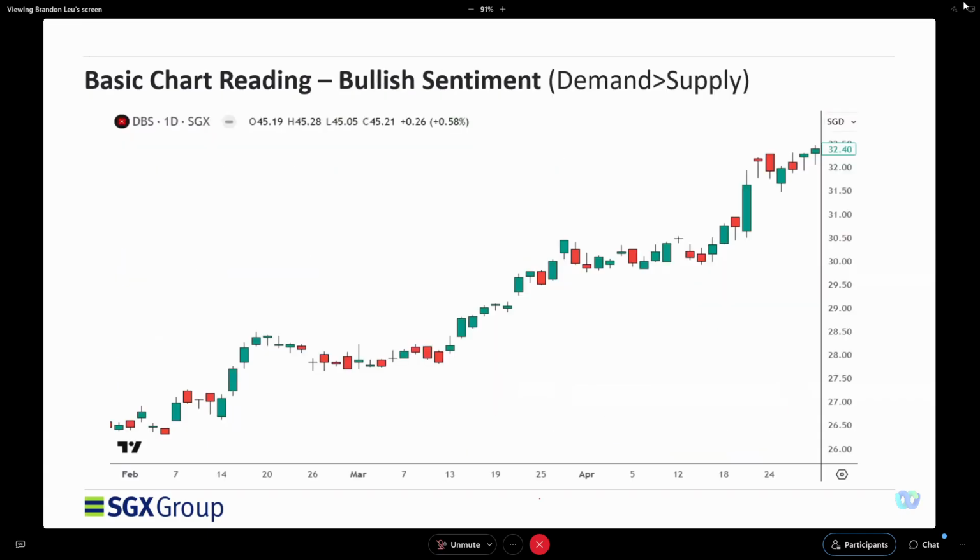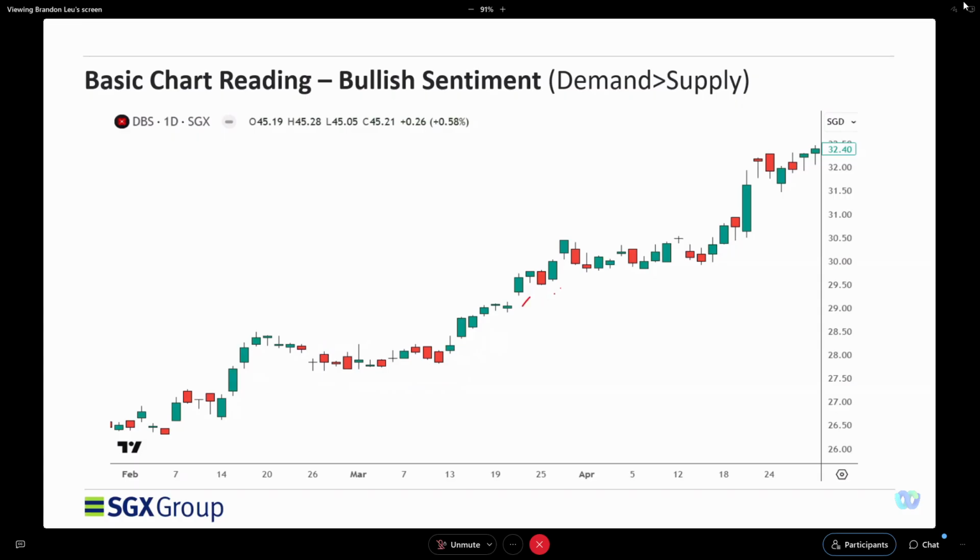We go to the chart itself. And this is how a bullish trend looks like. We see more green candles on your left. And in the middle, you see more green candles. Even when price tries to move lower, you can see that it continues to trade within a certain range, not able to trade lower because there is demand pushing up, buying up when the price comes lower. This is a characteristic of a bullish trend.